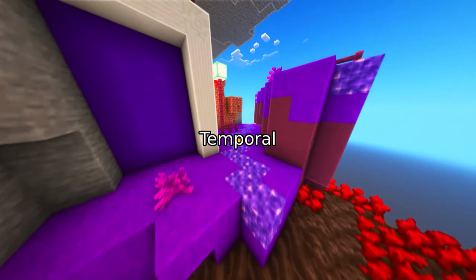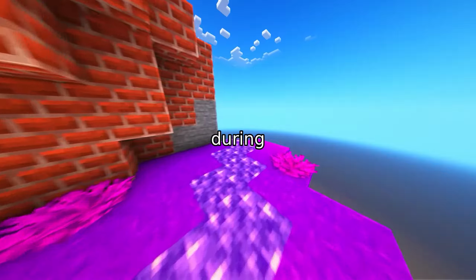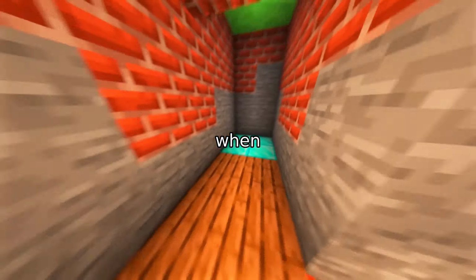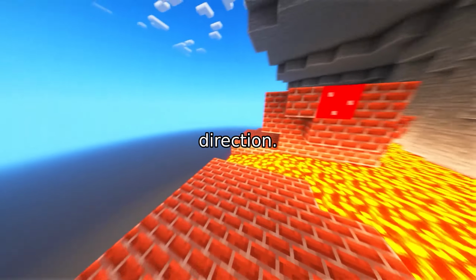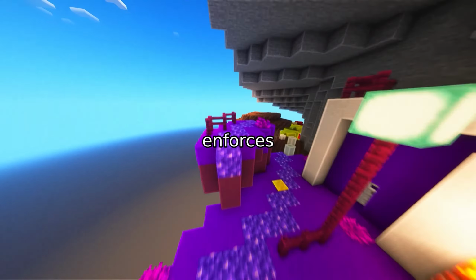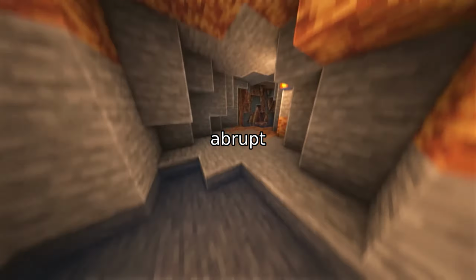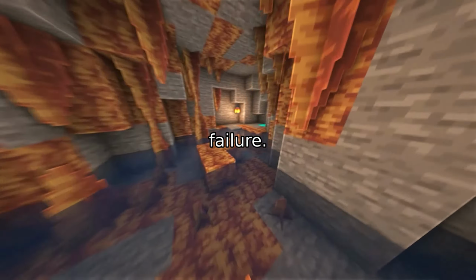3. Temporal coherence loss, stabilizing identity during motion changes. The third component handles temporal inconsistency, when a person changes posture, appearance, or direction. The temporal coherence loss enforces smooth motion. It penalizes sudden velocity changes, those abrupt jumps in position that signal tracking failure.